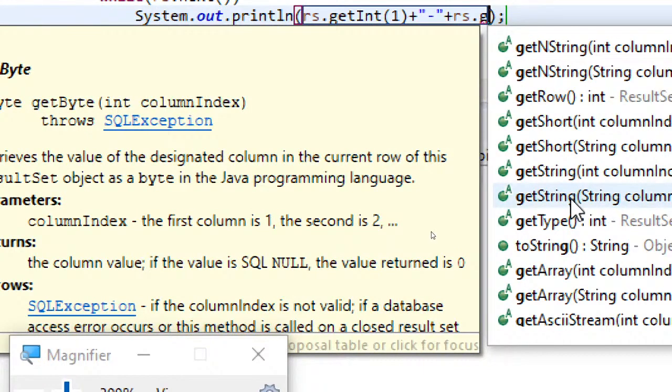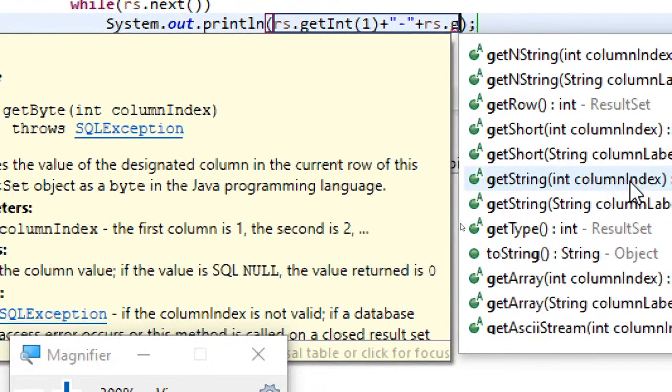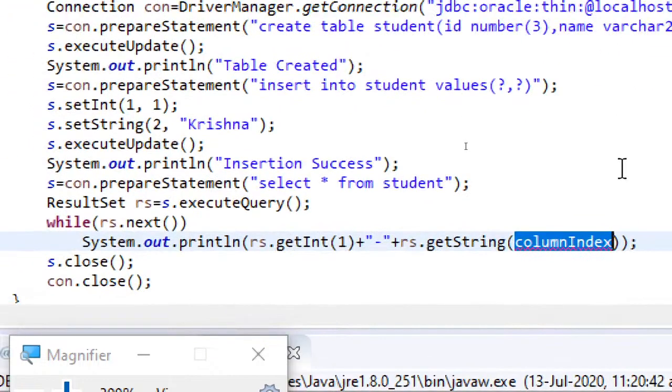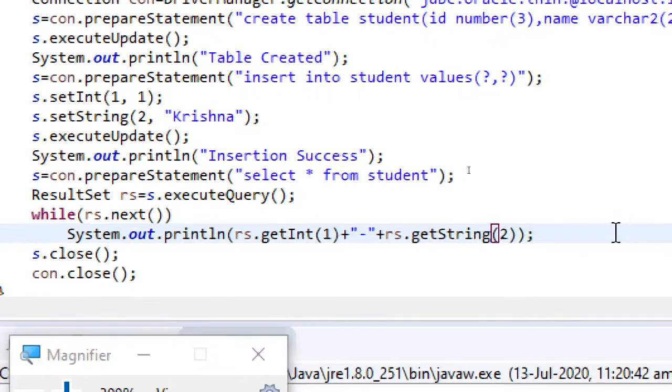Here you can see getString column index, so getString of, if you know the column name itself, that also you can give in double quotes, it's up to you which one you prefer, but using column indexes is very simple.